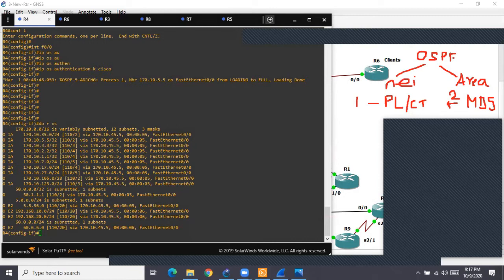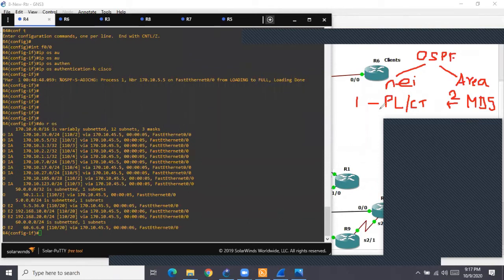It is a type, but we don't need to configure anything or specify any password. By default it will be there.